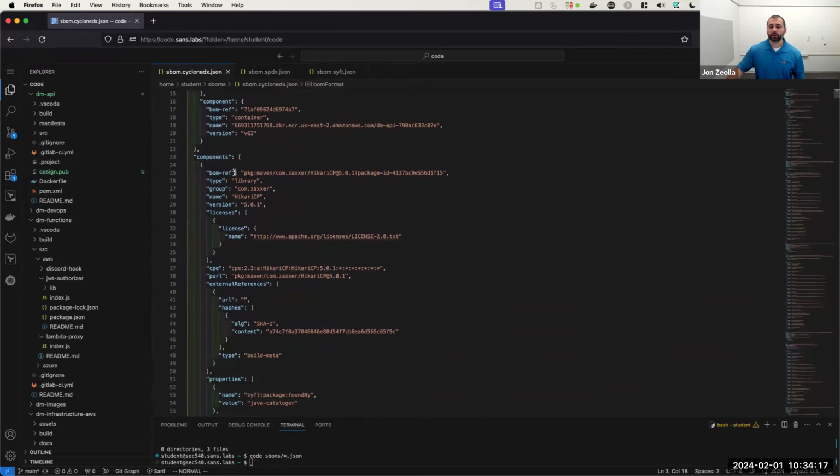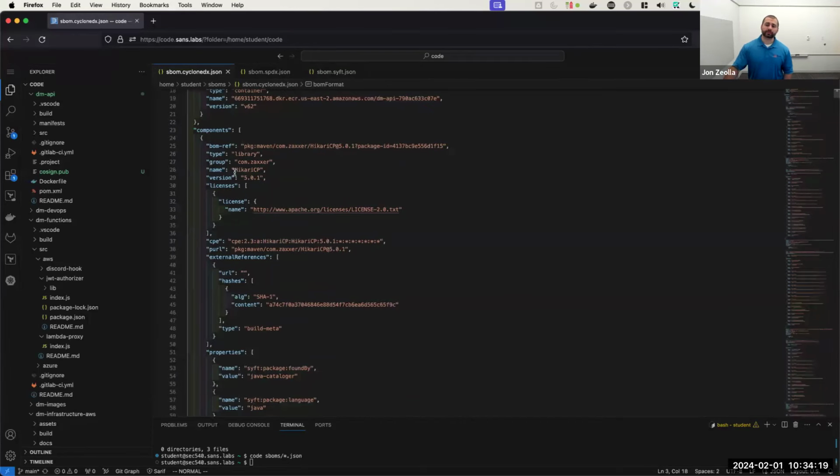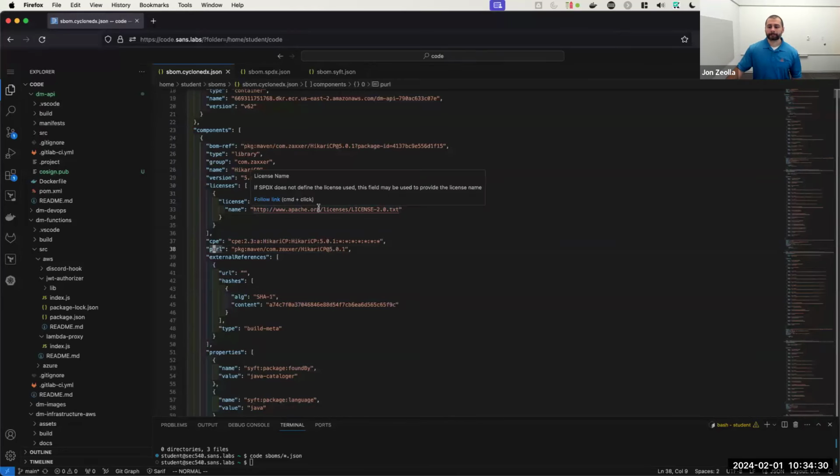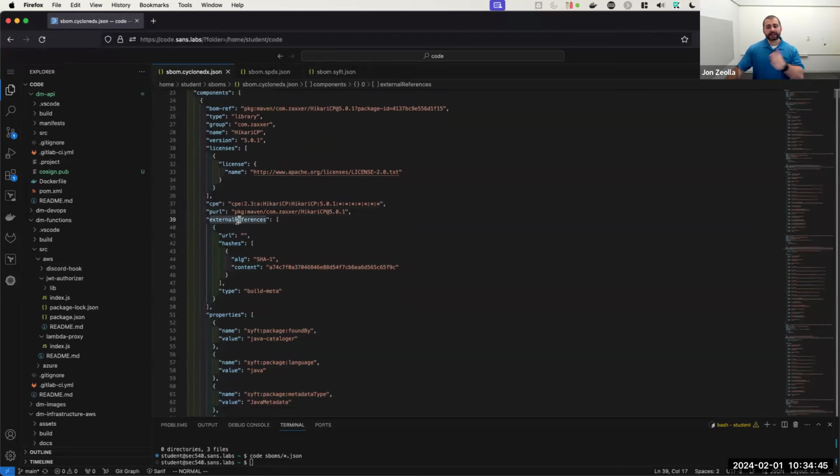If we go down, you'll see a whole litany of different components, and you'll see some really important keys and values, right? So of course we see versions and names and groups and things like that. We also see purls, these package URLs, these ways to uniquely identify a package. This will be really useful in the future. A couple slides in the future, I'll talk to you about how you can leverage those purls to do some really interesting things. We can also do linkages. So we don't have to have redundant information. We can point to other things using high integrity cryptographic hashes, right?